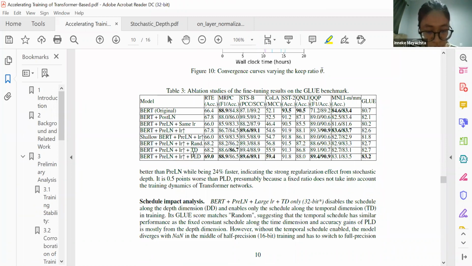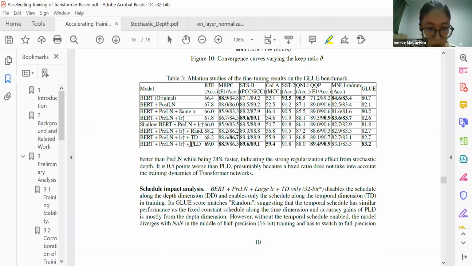Another study they do is to compare the use of PLD with the use of only dropping layers in the depth dimension, which is the same as stochastic depth. They call it the random. So, we can see that by using stochastic depth only, not using the temporal schedule, will also not lead to the best performance. The same case with training with the temporal schedule only, using the same number of layer drops along the depth dimension, which also leads to not the best performance, which concludes that